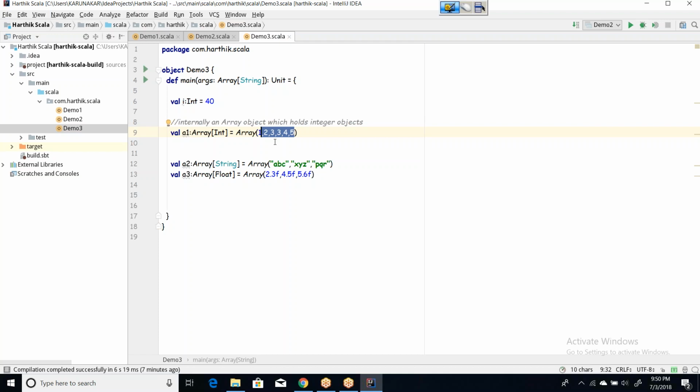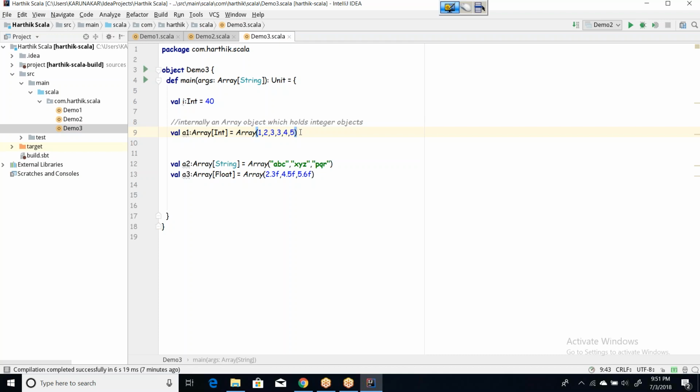bringing some set of elements together, collecting some data. I am not getting the proper word here, but a collection is about bringing some group of elements, a set of elements, whatever you may call it. If you want to hold a single value, we can use a variable. If you want to hold multiple values, we have to use a collection. One type of such collection is the array. There are many other types of collections, but I am trying to show the basic collections